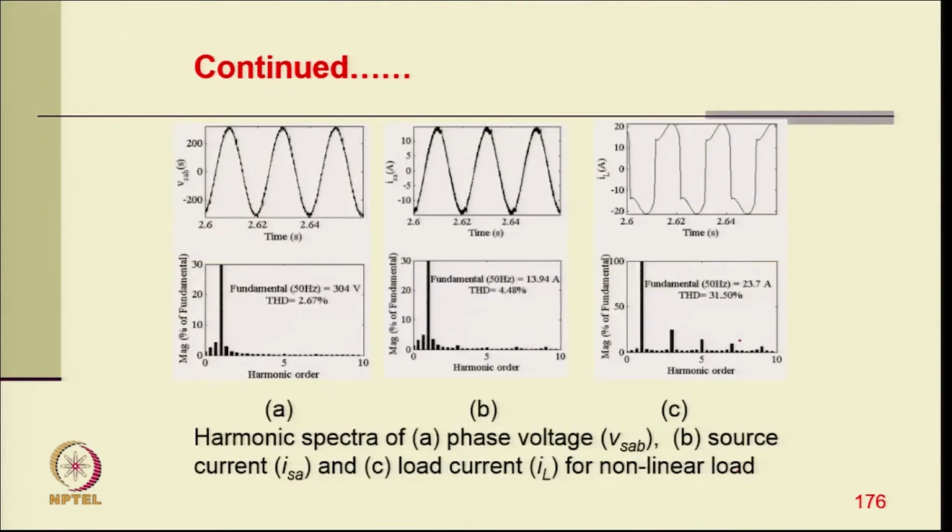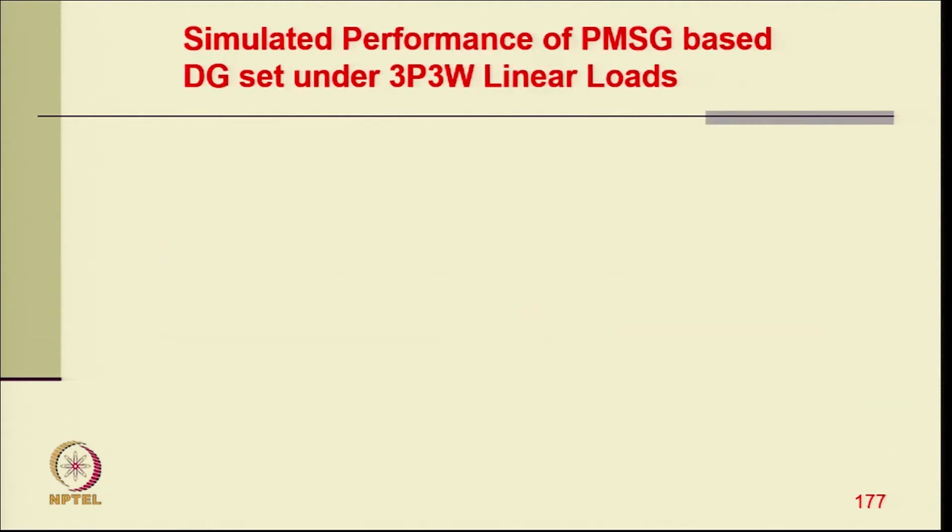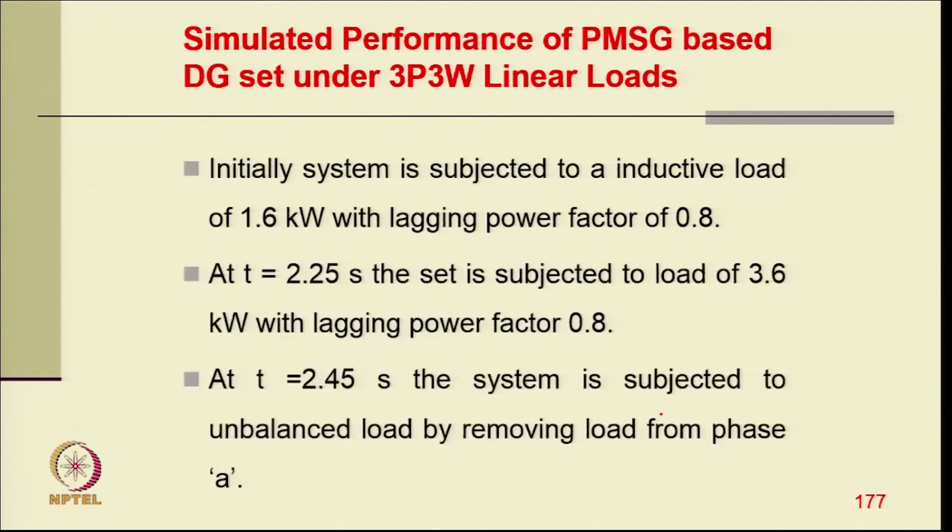And this is the harmonic spectrum of the load current. The total harmonic distortion of the load current is 31.5%, where the generator voltage THD is 2.67% and the generator current THD is 4.48%. Now, coming to the performance of the PMSG DG set with a 3 phase 3 wire lagging